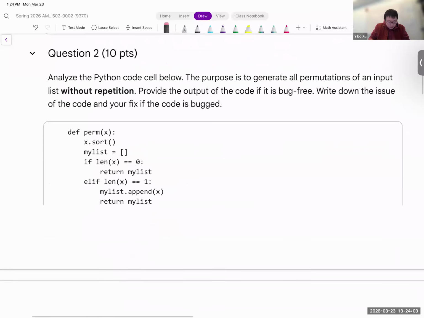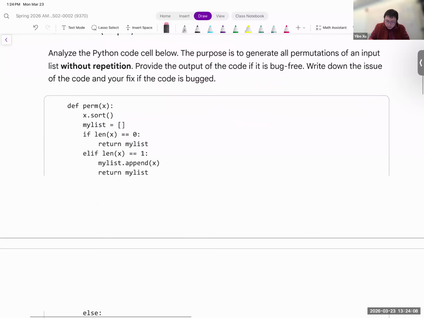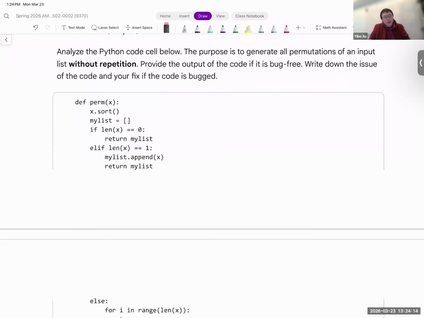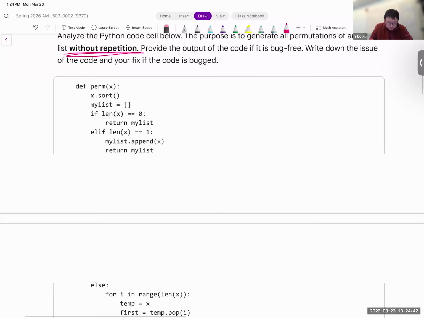All right. Question 2. Analyze the code cell below. The purpose is to generate all permutations of an input list without repetition. Just as a reminder, when we talk about repetition, we're saying the list may have repetitions, but for permutations you don't want the permutations to have repetitions. That's what we mean by without repetition. This is something we discussed in class when we talked about our implementation for this kind of